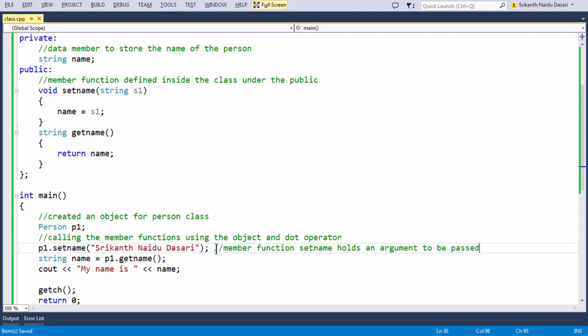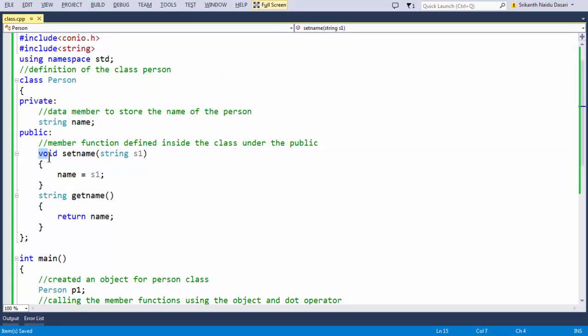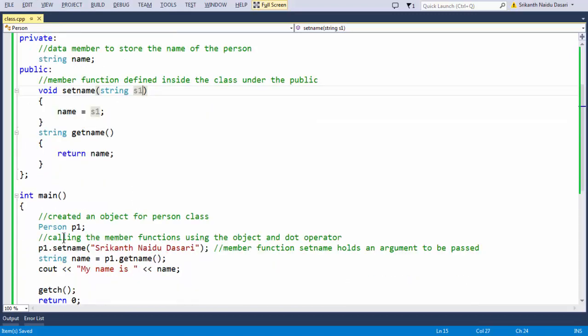So this argument, this string, gets passed from this calling area back to the member function definition inside the class, and gets stored in this s1 variable here. Then that string, whatever we have passed from our main function,